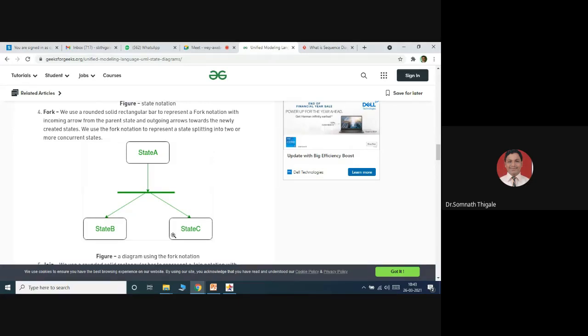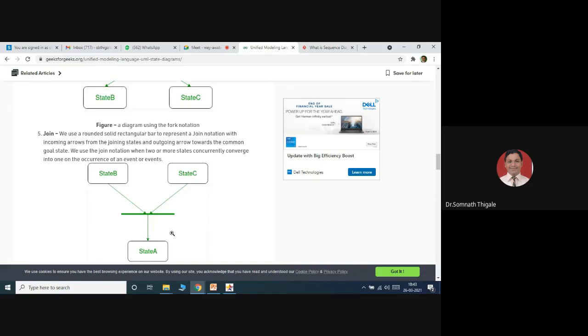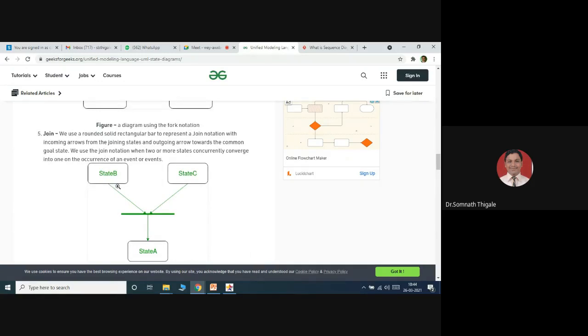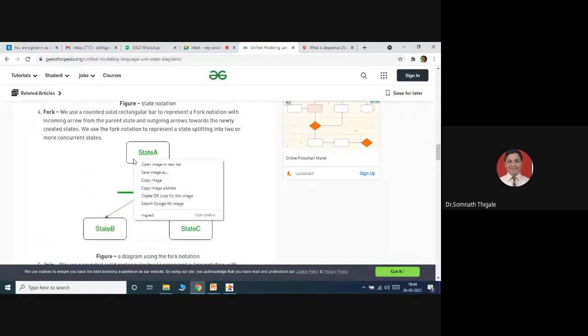And exactly the reverse, when the same thing happens in two different states but in parallel, we can combine their actions together. We will call it what? Simply join operations. So this is the join operation that we can represent over here. So I'll take this simple part.